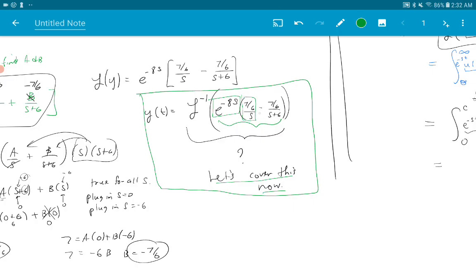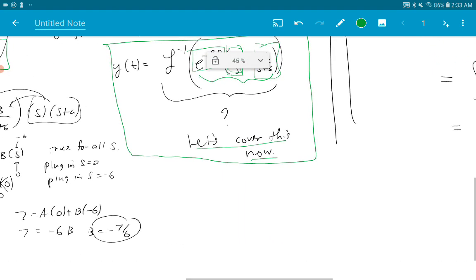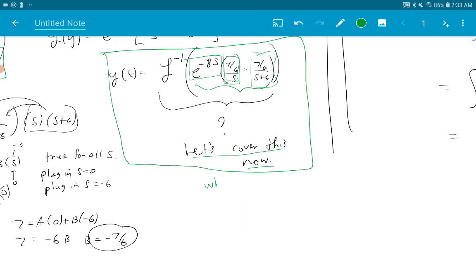In this case, they're separate, right? So I can split them. I'll undo this and this separately, and then multiply them both by u of t minus 8 and shift them over by 8. So let's do it. What is the inverse Laplace transform of 7/6 over s? That should be an easy one. If you look in the table, you'll see that when f,